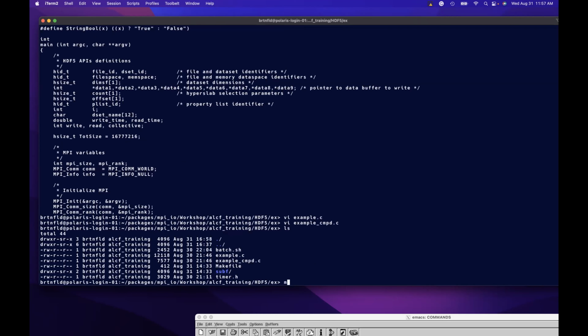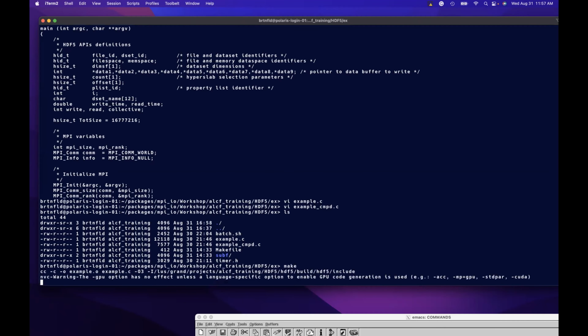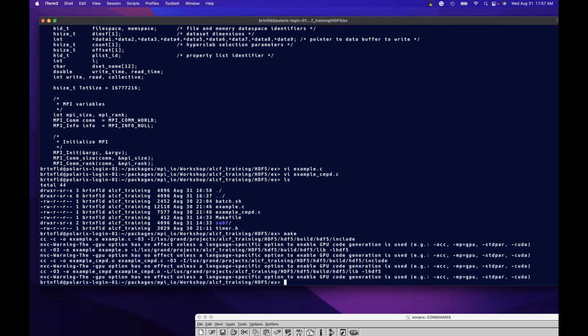I have a makefile for it. It just uses the standard CC, as Kevin mentioned. It gives that warning, so you can ignore that. Now, if you look at the batch file,